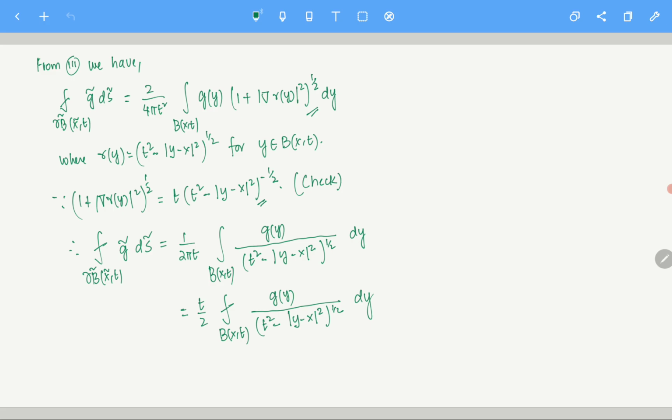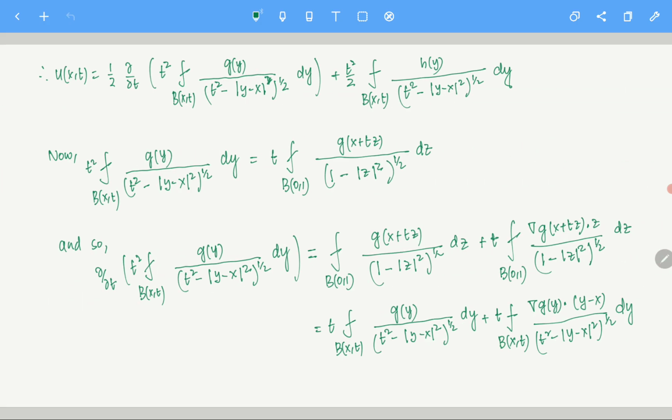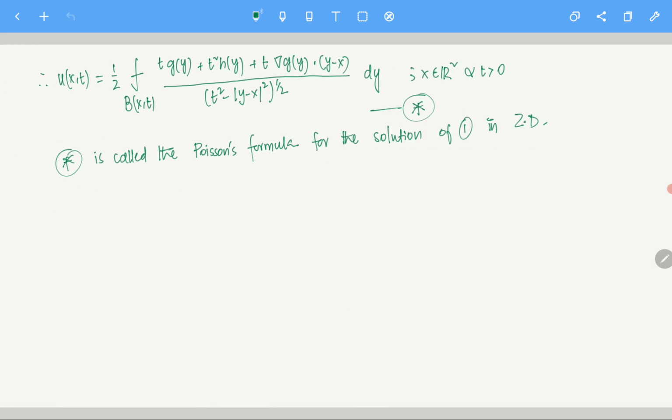Use the surface integral and write down what the average of g tilde is, and once you do that, you have u of x,t which will look like this if you put it in that formula. Now you just have to calculate del t of t square times the average. Once we calculate this, put everything together and you have u of x,t. It is not very difficult, it's just tedious calculation. This is what we called the Poisson formula. Please remember the other formula for n equals 3, which is called the Kirchhoff formula.